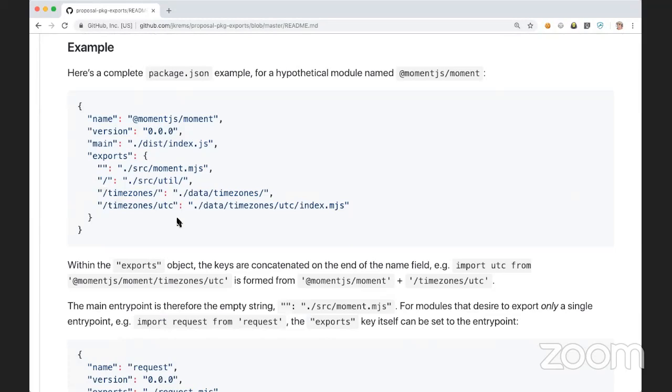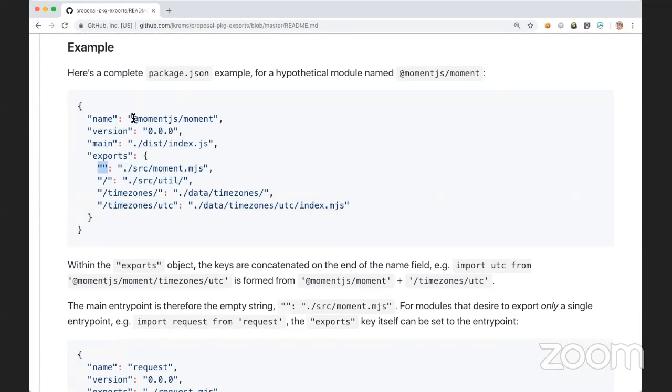That allows some nice things. Like, for example, if you want to expose all the files in source util, you can actually say, hey, all directory imports relative to this will be forwarded to this directory, and that is my public API. But you can also map the actual specifier. You can map any subspecifier. And we tried very hard to keep this interface as simple as possible.